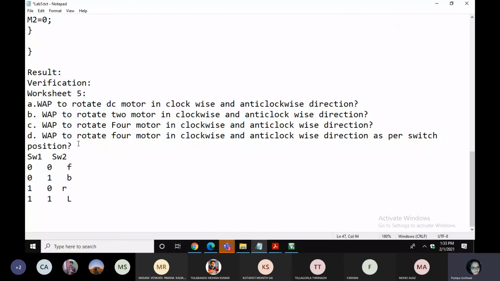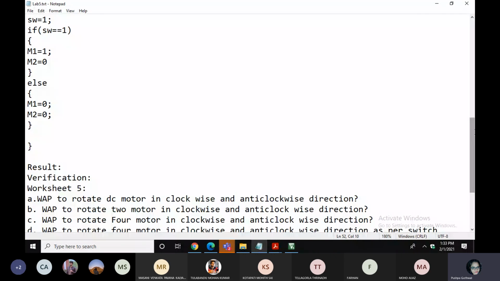So you have to think about the right direction, which motor you rotate clockwise, which anti-clockwise. You have to think the logic. If you put 1-1, your motor should rotate in the left direction. Forward and backward don't need too much thinking. But for right and left, you have to think which motor to switch on and which to switch off. Okay, so these are the four programs which you have to perform for today's lab.